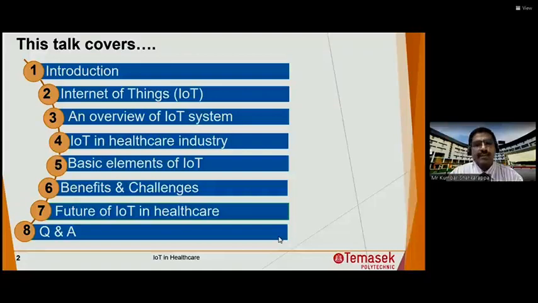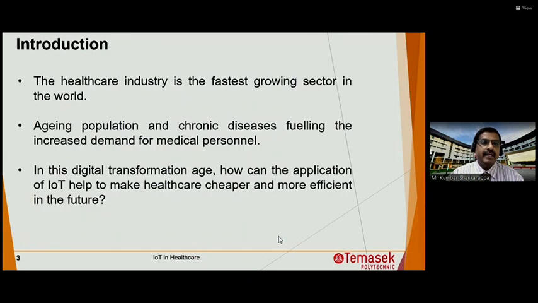What is the future impact of IoT in the healthcare industry? Then finally followed by the Q&A. Okay, let me